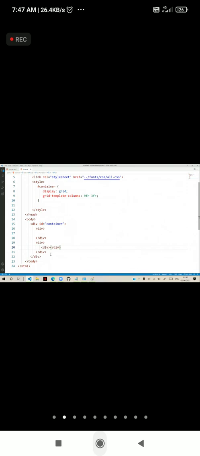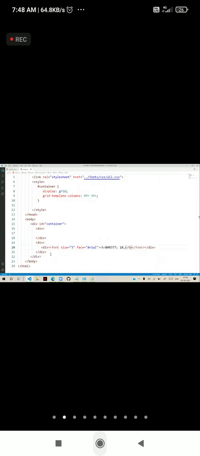In this we set the font. The font size we defined as 5, and we kept B, that is for bold. And the font face we defined as Arial. Arial is the font face, and bold. And here we write ampersand hash 8377 semicolon. That is for the Indian currency symbol. And here we defined 10 and how much, that is 10499. So 499, like this we define.